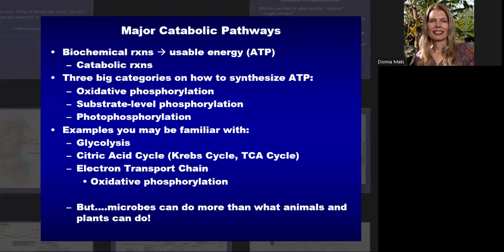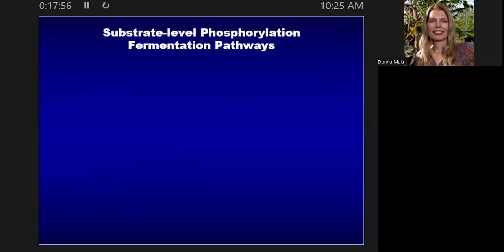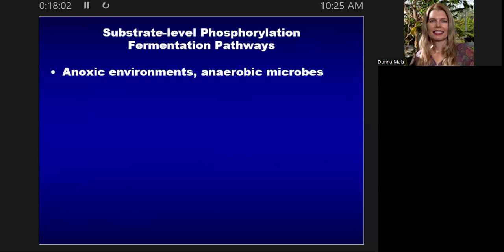And this is the idea that an excellent example of it is actually glycolysis. When you do your glycolysis, you're running a fermentation reaction. So substrate level phosphorylation happens in the absence of oxygen. Oxygen's not involved anywhere in this process. So you can do it in an anoxic environment, no oxygen. AN on the front of a science word means without. So without oxygen, you can say they're anaerobic microbes, and they still can manage to make ATP, but it's at